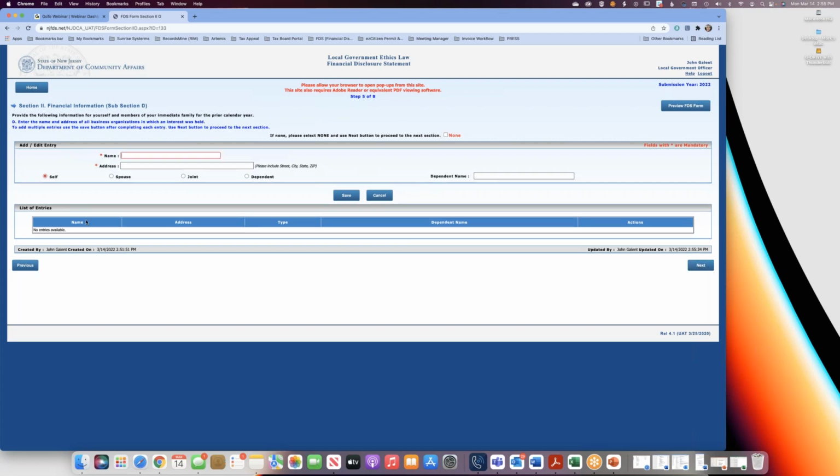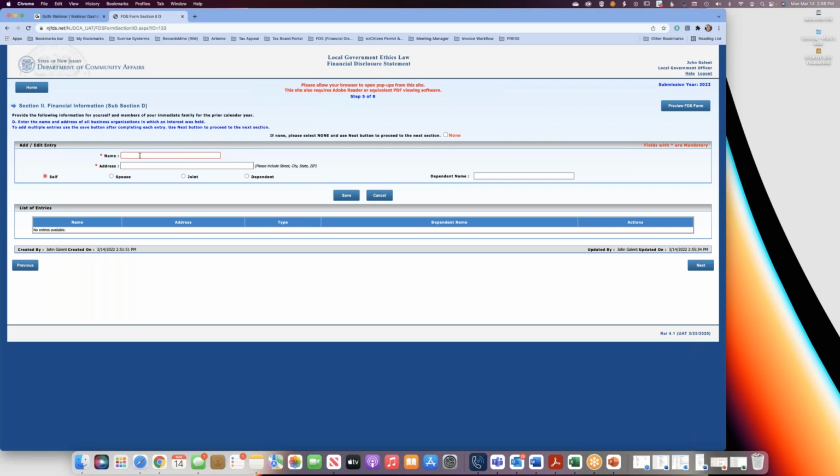And then this screen here is asking for financial information. So let me see here, add an entry. I'm just trying to remember this one. Yeah, so this is pretty much like, I believe, Dana, just correct me. Is this like investment accounts and things like that they list here? No, this is